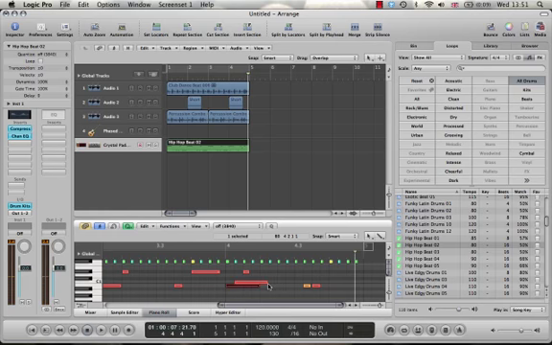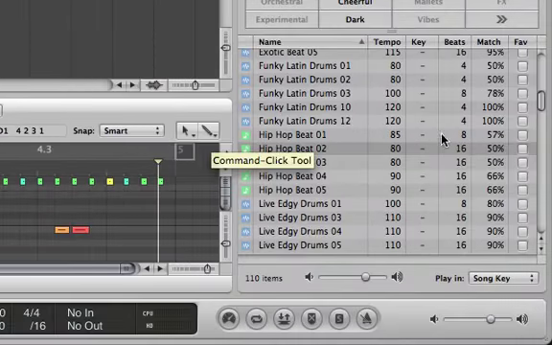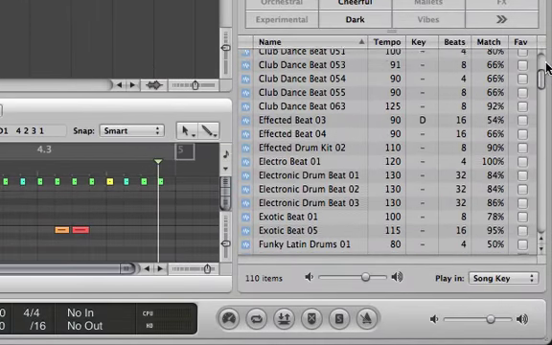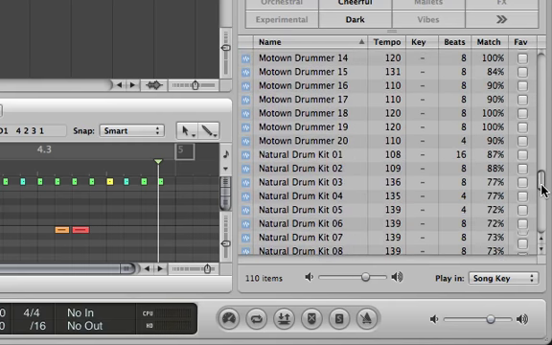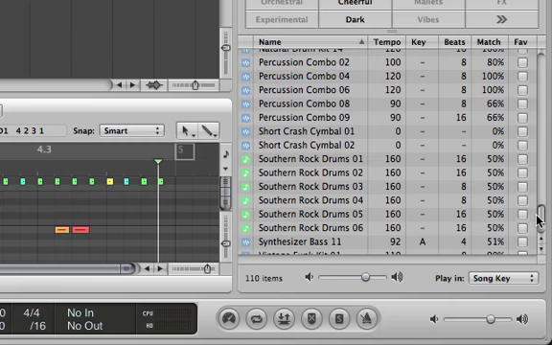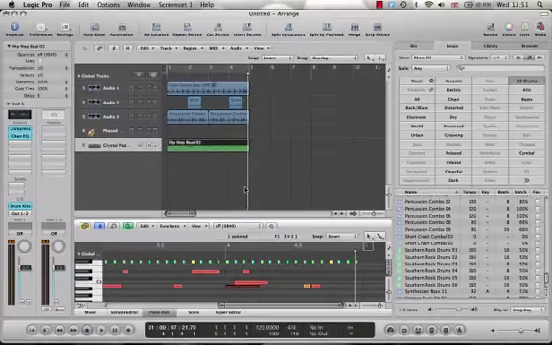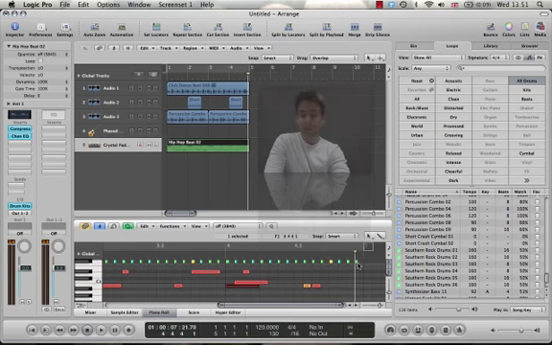Maybe I'm going to copy a few things in, so I have full access to this. As I said before, there are not so many of these, but the ones that there are are quite useful, particularly if you're just getting started and you maybe want to see, for example, how a drum beat is put together. This will show you